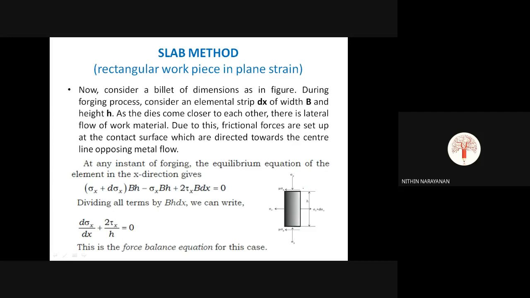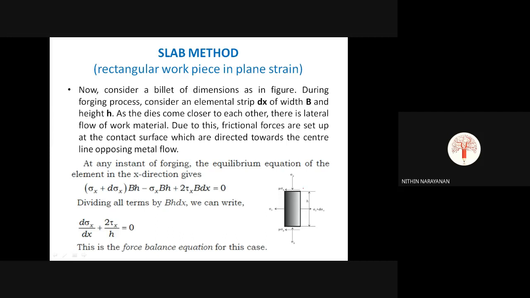Okay, that is stress. Here what we did: we know the stress, sigma h plus d sigma h in the positive direction, sigma h in negative direction. Then two shear stresses will be developed, that is in the positive direction. So all the sum will be equal to 0 in equilibrium position. Okay. So actually this stress into area will give us the force. The force balance equations we have done here.